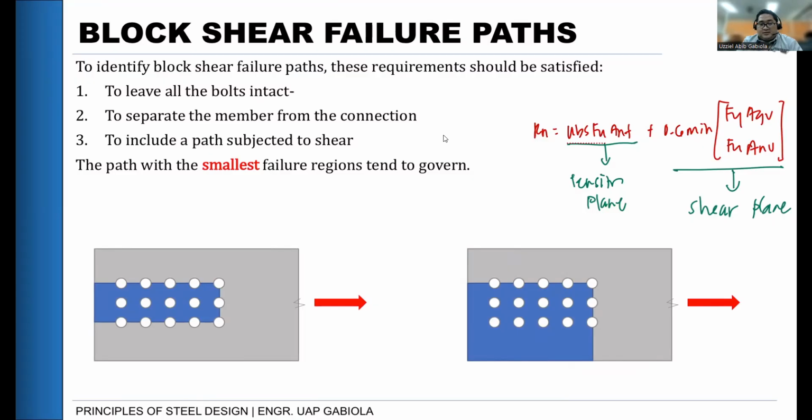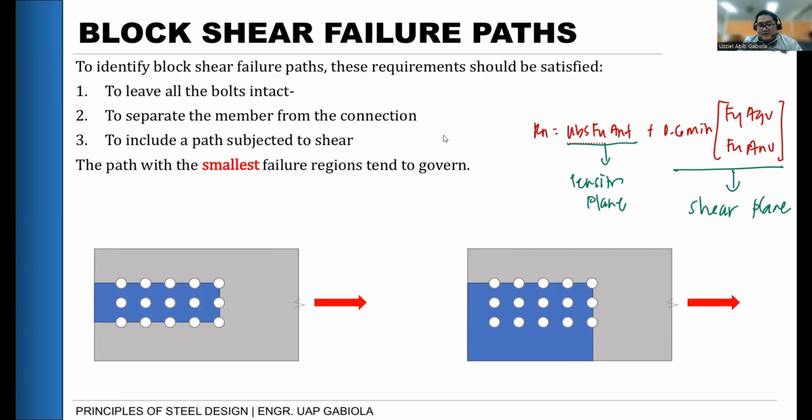Okay? So iyan yung para sa pag-identify ng failure path. As long as we satisfy yung tatlong condition na to, we can identify yung failure path na required natin, and we can calculate all possible values ng critical path, ng block shear